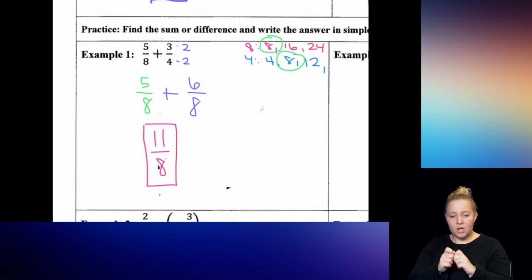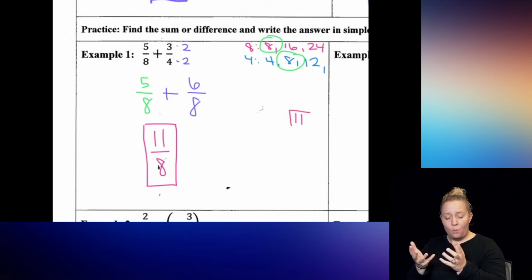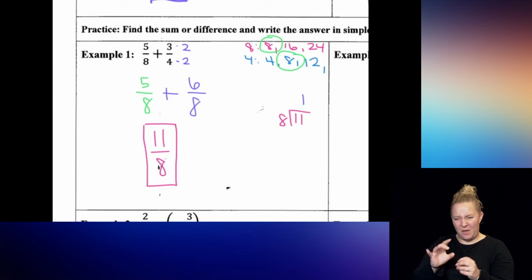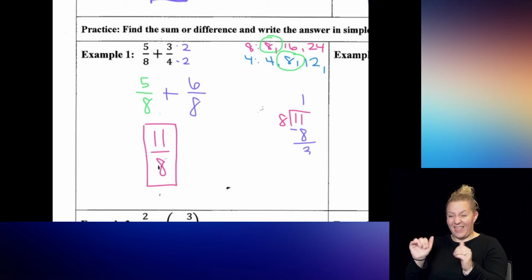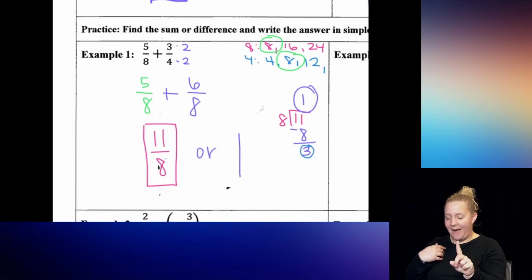So our improper fractions, you're just going to put that numerator under the division bracket, or it's the dividend, and so then you're going to put 8 outside. So now you're just going to physically divide it out. So how many times is 8 going into 11? It goes in once. So 1 times 8 gives us 8. 11 minus 8 gives us 3. So that final answer as a mixed number would be 1 whole. And then I have my remainder of 3 that's going to go up in my numerator